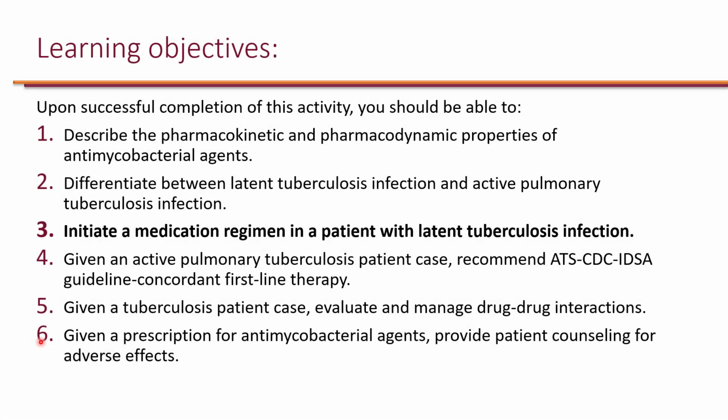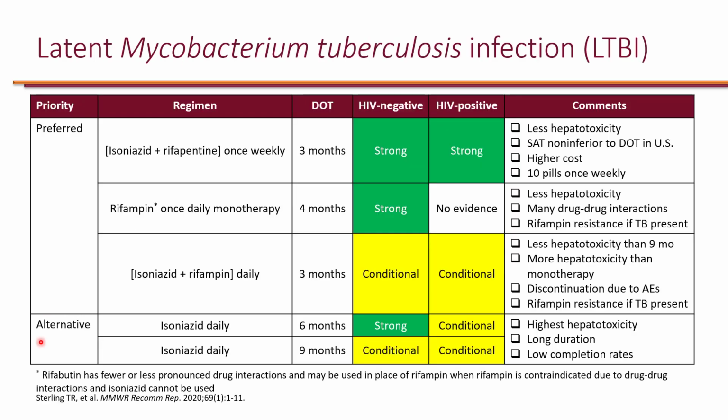We described the pharmacokinetic and pharmacodynamic properties of anti-mycobacterial agents, and we differentiated between latent tuberculosis and active pulmonary tuberculosis infection. Now, let's initiate a medication regimen in a patient with latent tuberculosis infection. Here are the recommendations from the 2020 CDC guidelines for treatment of latent tuberculosis infection, which really you can think